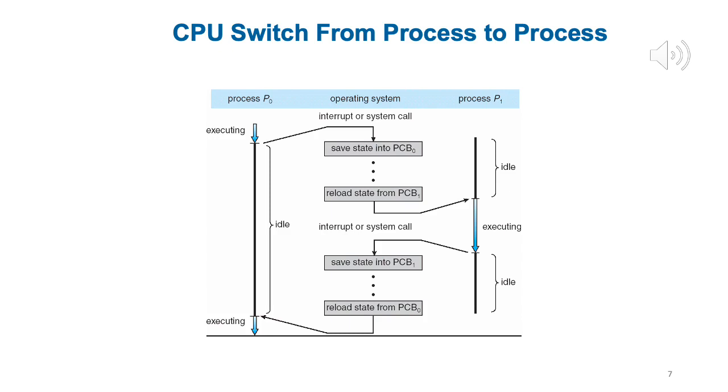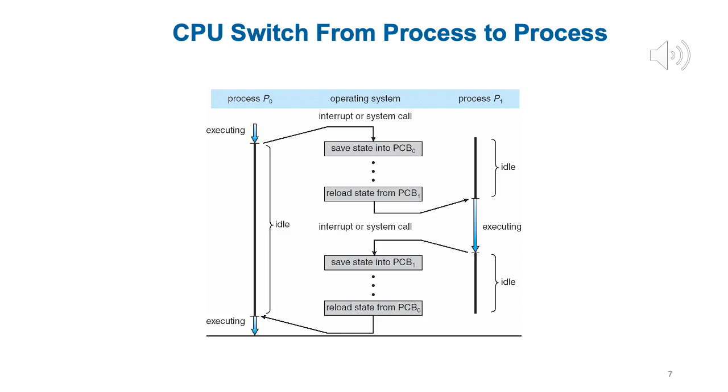And then we have a system call or interrupt, and we need to perform a context switch, which means now P1 has to start executing. Perhaps process P1 has a higher priority, and once it arrives, we want to give the CPU to it. Or it could be that P0 is executing and its time quantum has expired, so it has to give the CPU to P1 for the sake of fairness. Whatever the reason, now we start saving the state of P0 in its PCB. So save state into PCB 0.